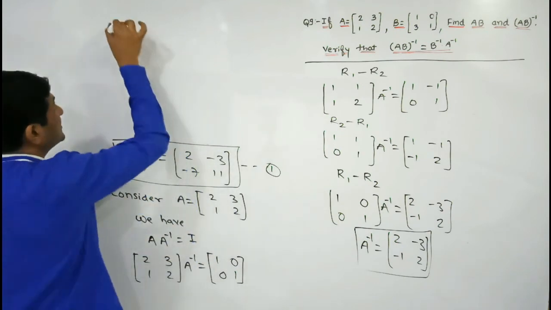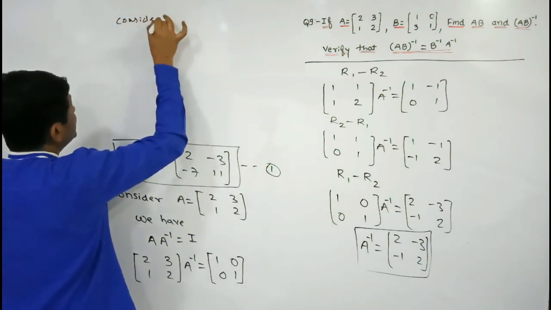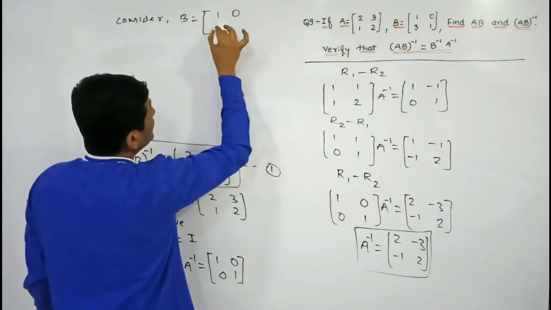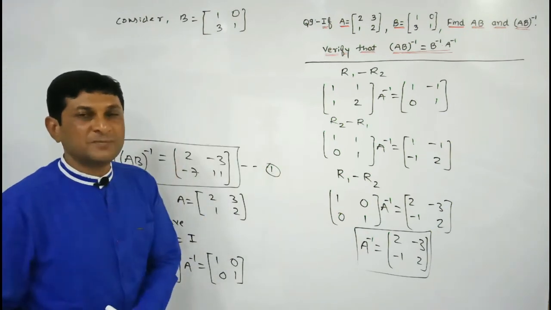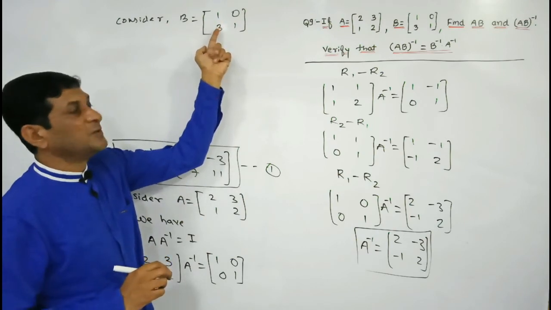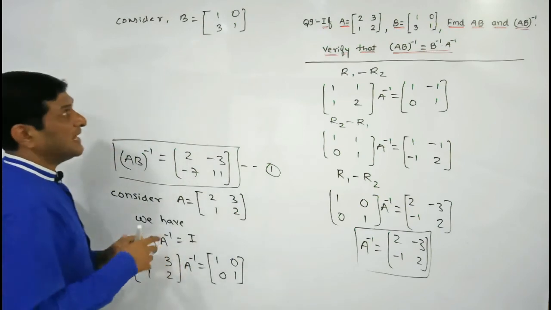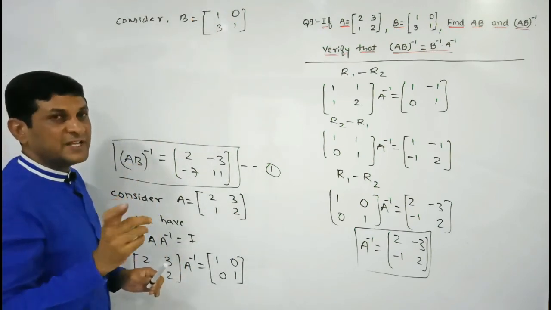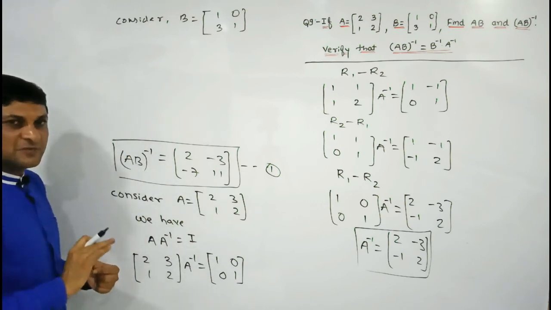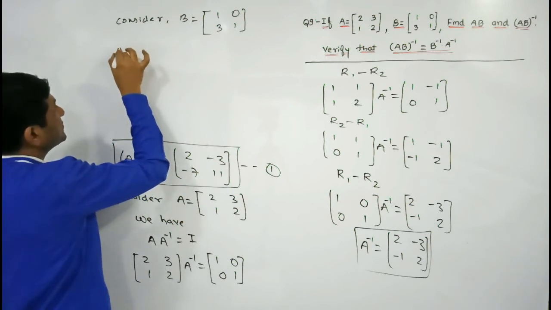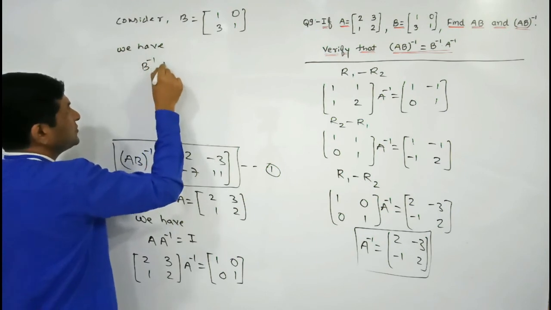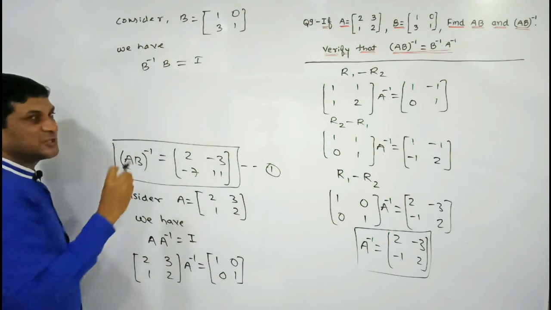So consider the matrix B, and the elements of this matrix are 1, 0, 3, 1. Now to find the inverse of this matrix, I am giving priority to column transformation, because we are converting only one element into 0, so this matrix will become identity. Easily, applying column transformation, we are able to convert it. Using row transformation also we are able to find its inverse very easily. So here, since we are applying column transformations, we are using which condition? That B inverse into B is equal to the identity matrix, meaning B inverse should be our prefactor.